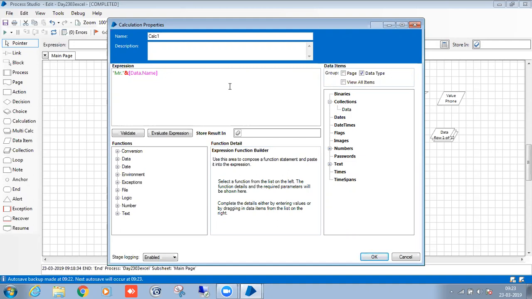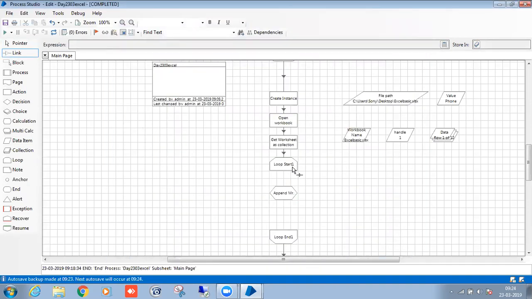I can't take just the collection, because the collection has some other fields and it won't have proper initialization. This is my collection and this is my field. So "Mr." followed by a dash should be added to my collection dot field name. That is the functionality. Where do you want to store it? After that, I need to store in the same field. The field name should be proper, NAME, capital N. Click on OK. First we will execute this one.